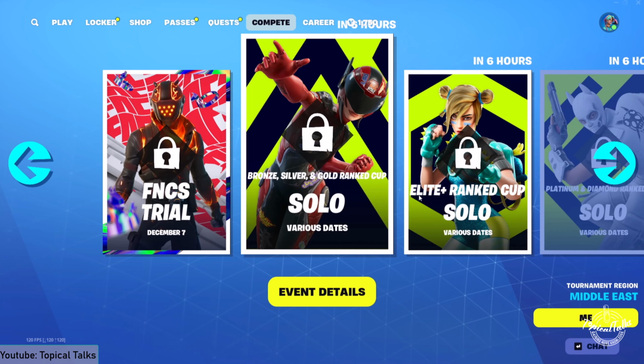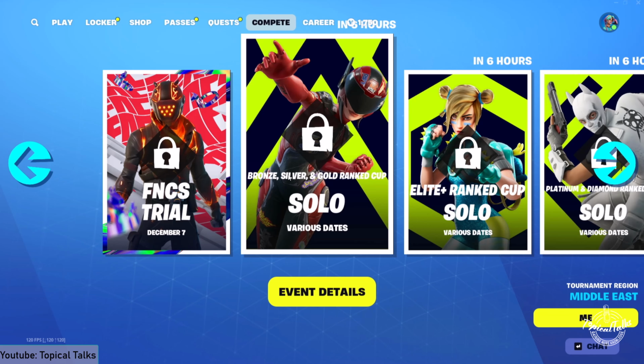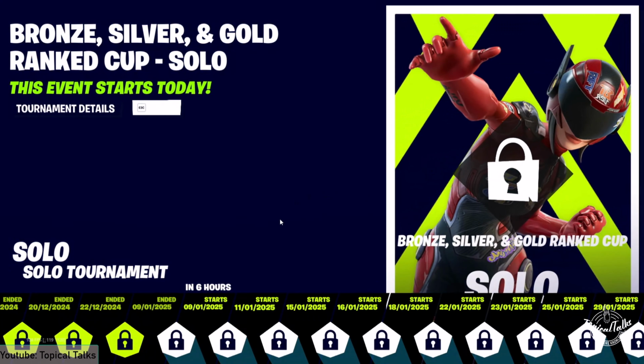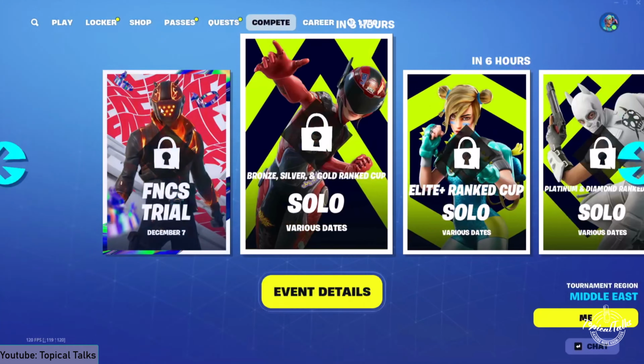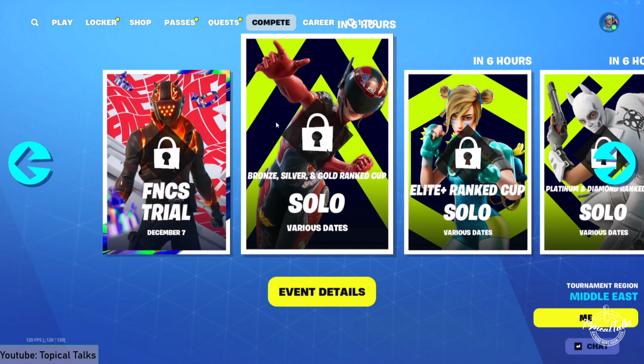that particular tournament. When a tournament is live, you can check all the details of a tournament by clicking on the Event Details tab. From here, you can see when the tournament will start and when you can expect to compete in the tournament. And if a tournament is live and you would like to participate in it, you need